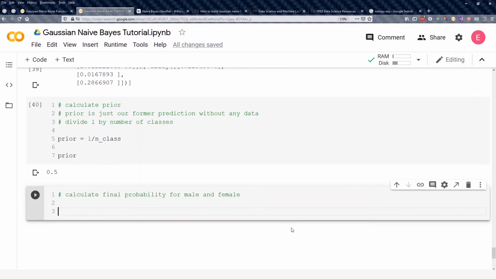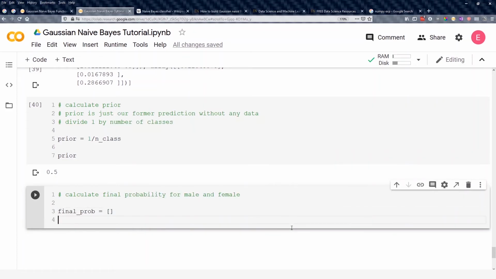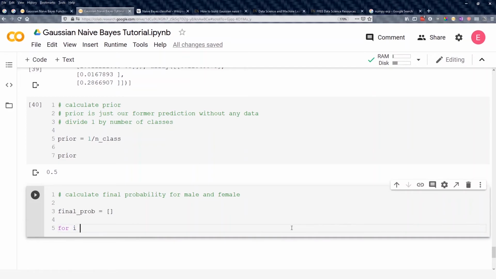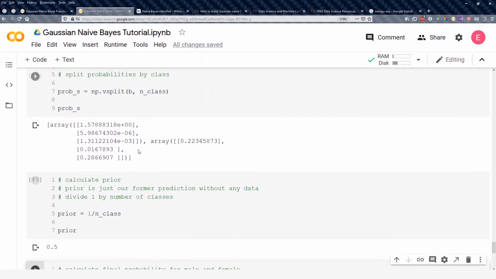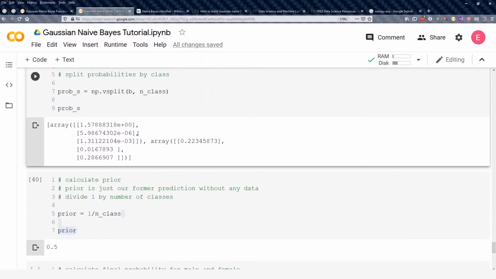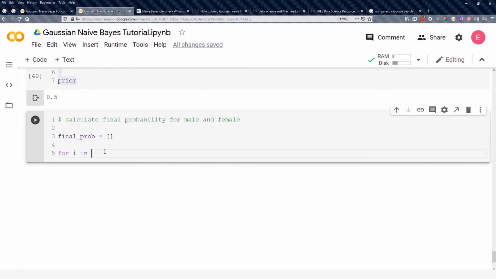To do that, we just create an empty list, final prob, equal to an empty list. And then we are going to say for i and probability, so basically we're saying for each item in this list. We have two arrays. The first array is male, second array is female. So you're basically saying for each item in this array,